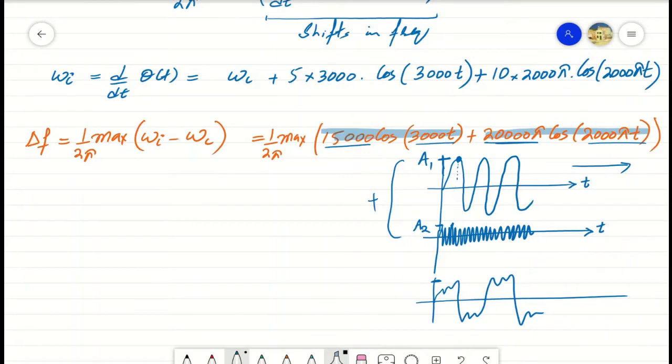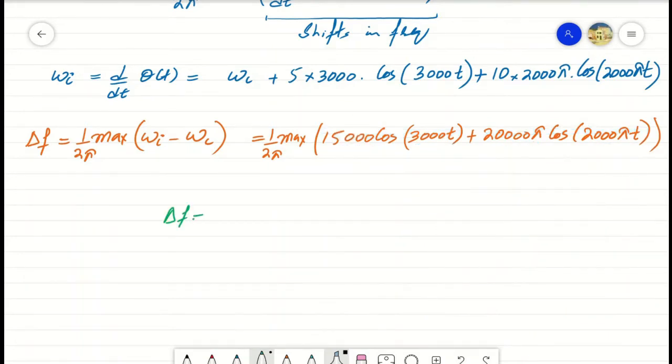So we can represent that delta f is equal to 1 over 2 pi into the peak value of this part, which is equal to 15,000 plus 20,000 pi, the peak amplitudes of these two sinusoids. So we can obtain the peak frequency deviation by performing this calculation,